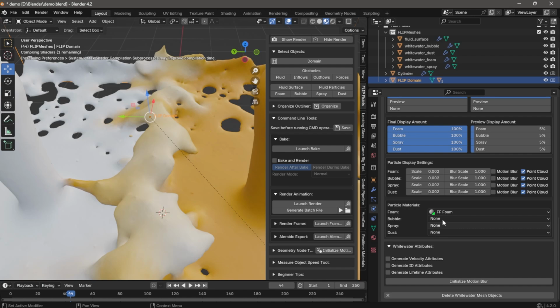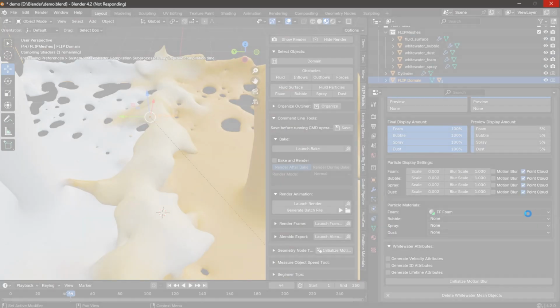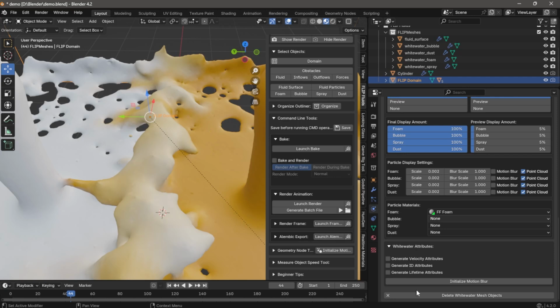Okay, hang on, am I having a lag? Uh-oh. Okay, there we go. Took a second, had a little hiccup. Alright, so after that we go to bubbles. Bubbles are really cool. I overused that material to try to make a boiling liquid one time. And it worked kind of. I don't know, I was still learning. It was in an early phase. And then spray, we choose spray. And then dust, we choose dots. You could use other things for those, but